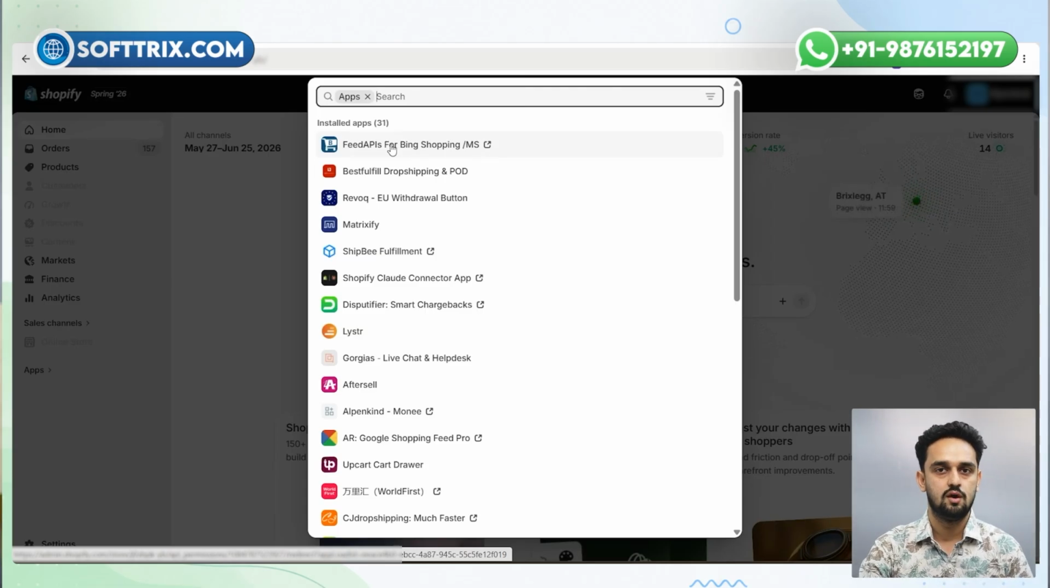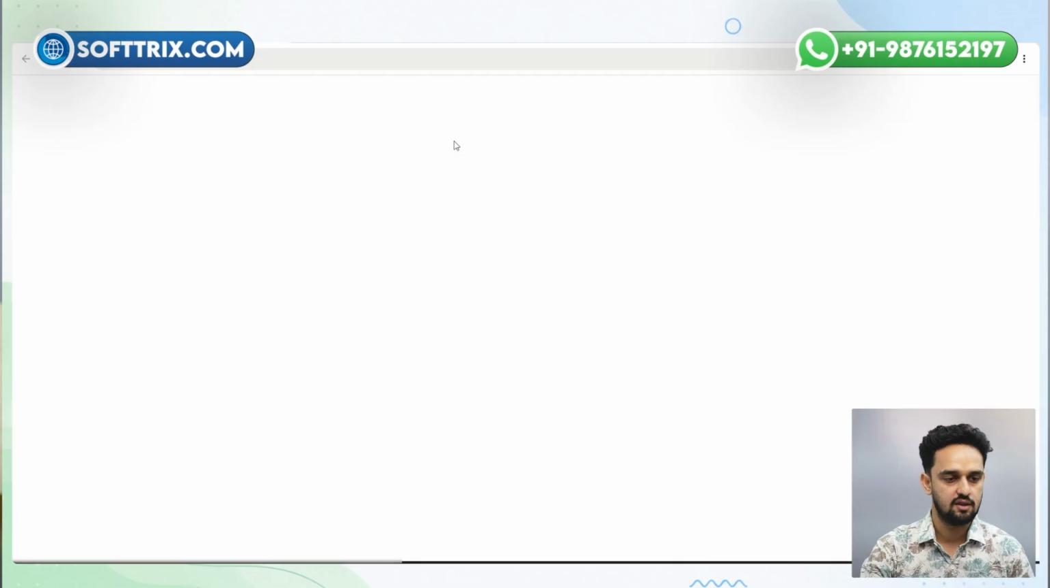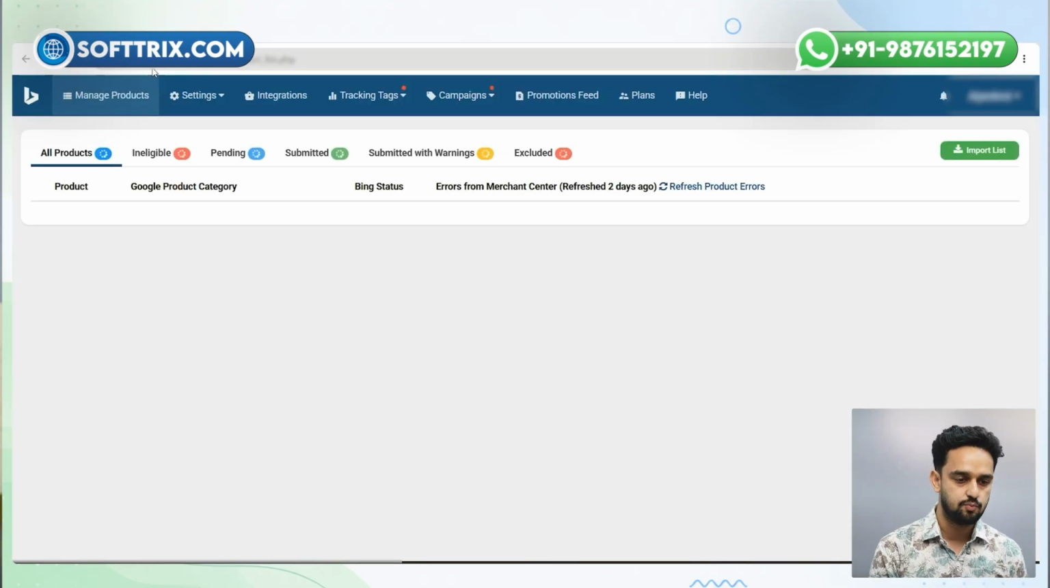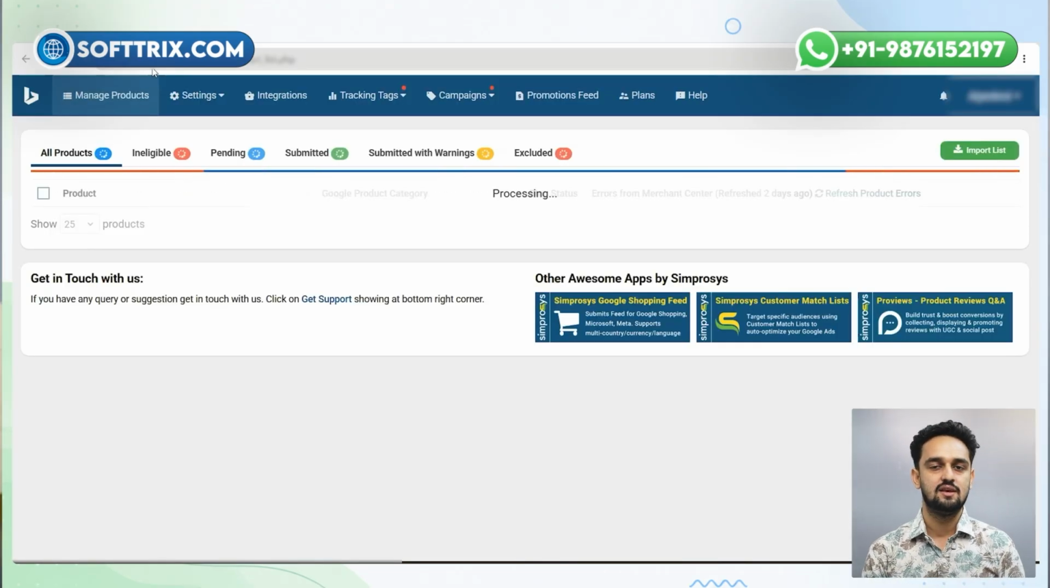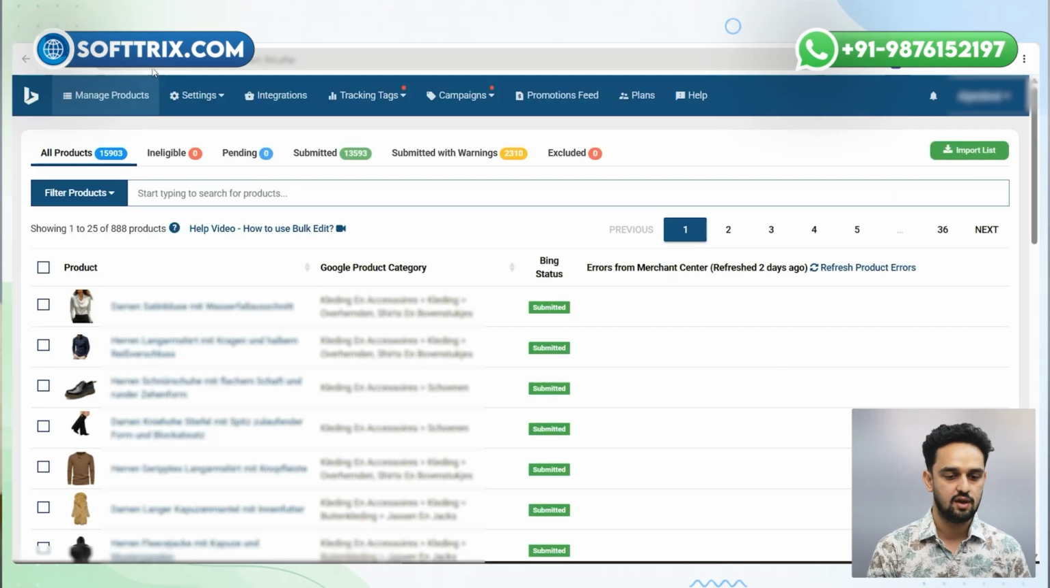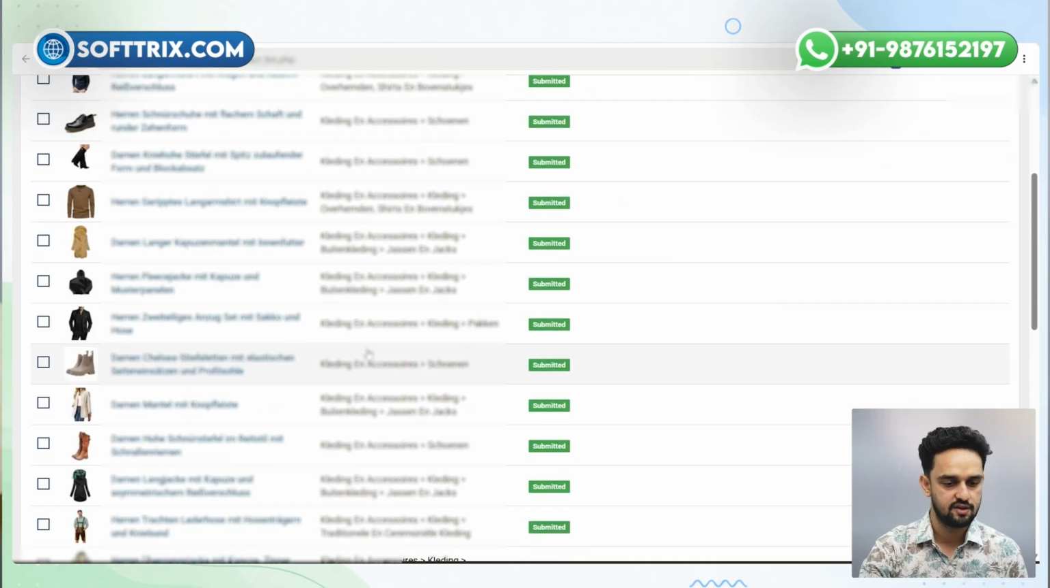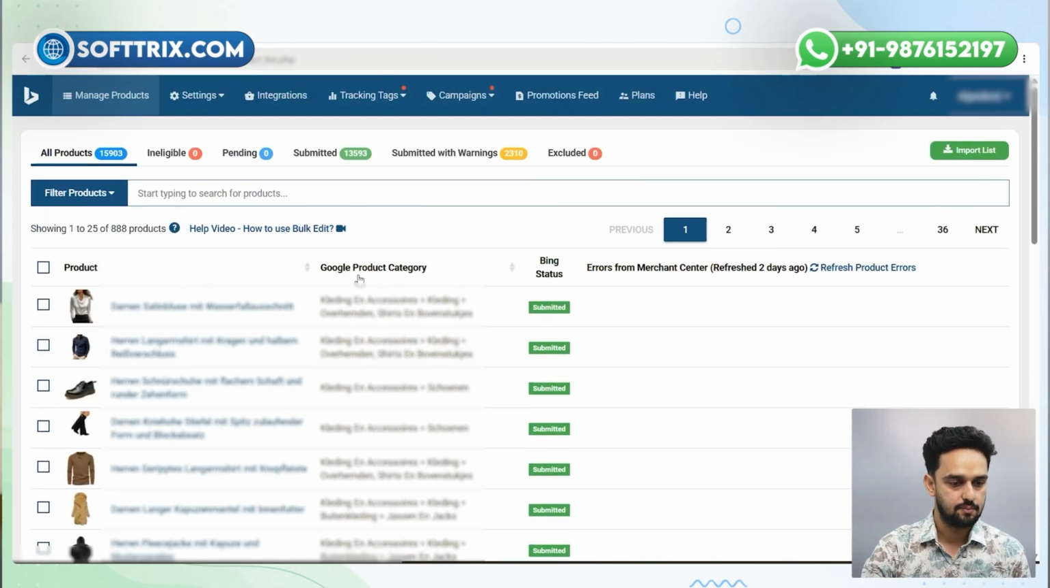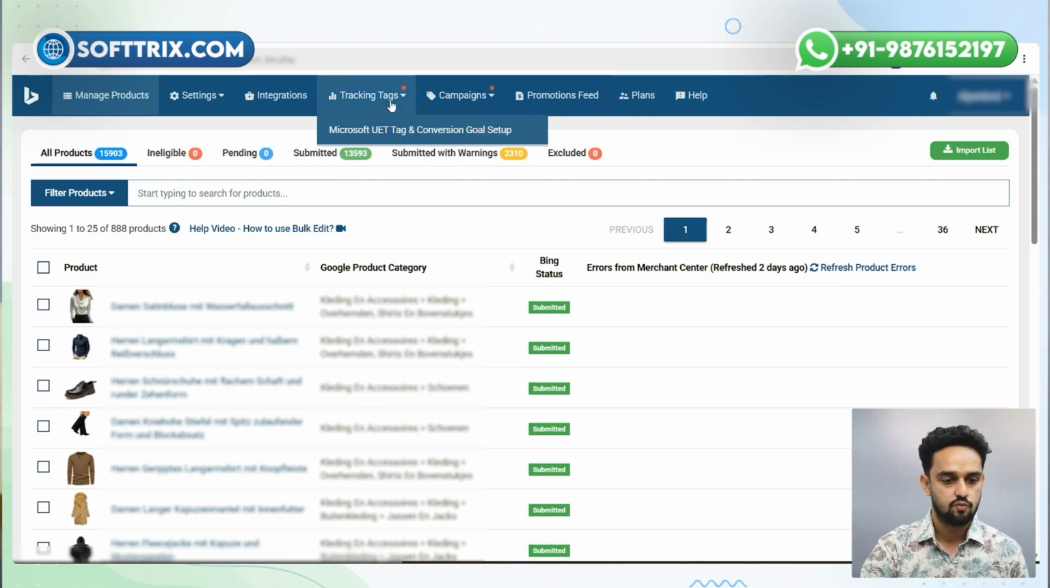But if you haven't installed it, you need to install it in your Shopify backend, and then click on it. Once you click on it, it will redirect you to the dashboard where everything is managed. Basically the shopping feed, as you can see, the products are already submitted and they are in an eligible state. So you don't need to worry about that, because everything will be set up through this particular account. So for the tracking,